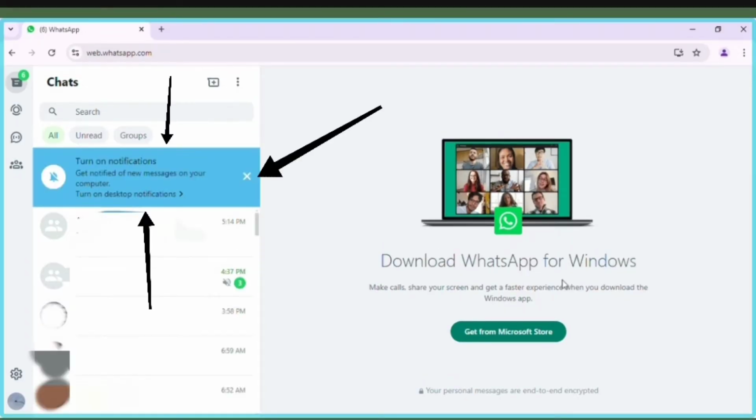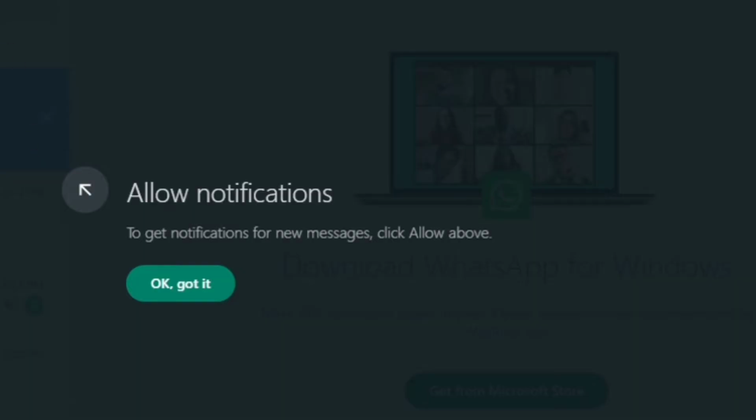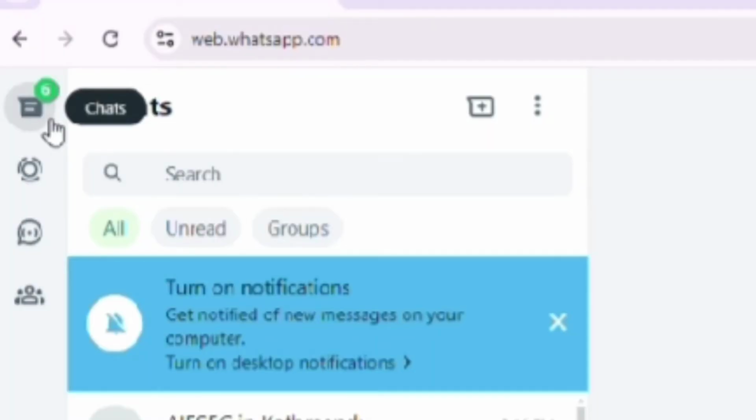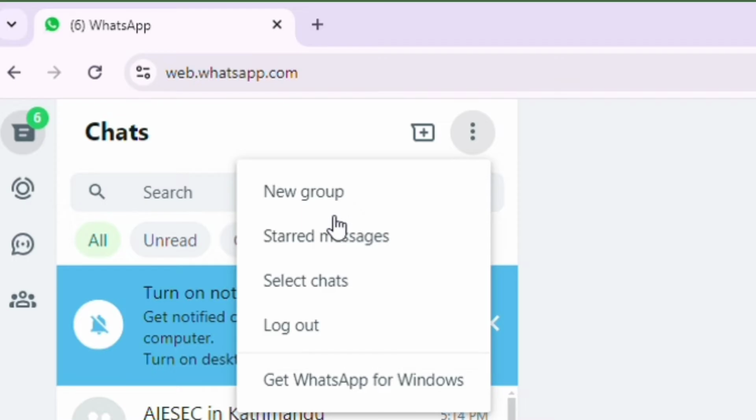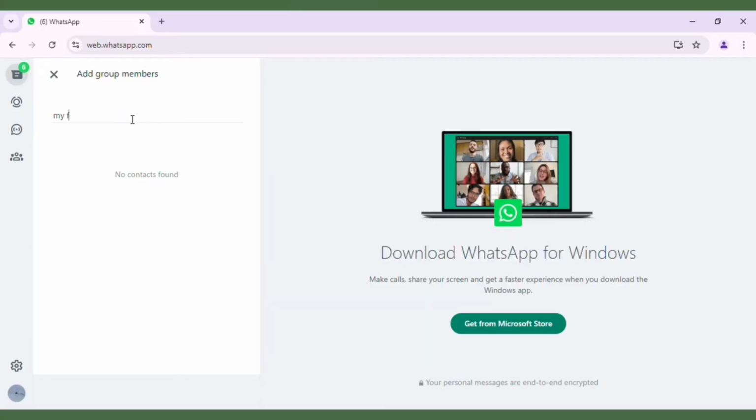It will also give an option to either allow or not allow notifications. You can choose as you want. If you want to allow it, click on OK. Clicking on the chats button allows me to review my chats and talk with my friends, and clicking on the three dots at the top right corner gives me different options. For example, there's new group, starred messages, select chats, and as I click on the new group button, it allows me to go through the list of my friends,